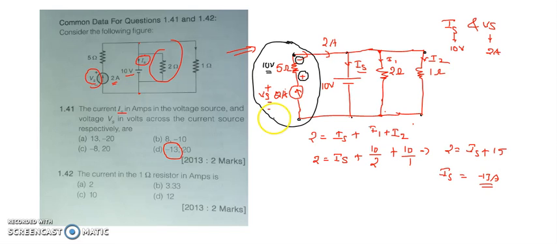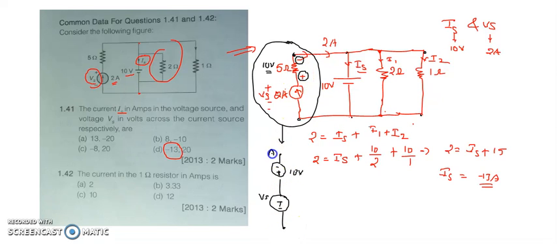Clear? So while coming to this branch, I can draw that. See, the 5 ohms of resistance I am replacing with a voltage source of 10 volts, and you just observe the polarities, minus and plus. Why? Because here it is minus and plus. Okay, and below this one, this 2 amperes current source is there. He is asking us to find Vs. I am just replacing this one like this, plus and minus Vs, as given in the problem. So I have redrawn this entire branch like this.